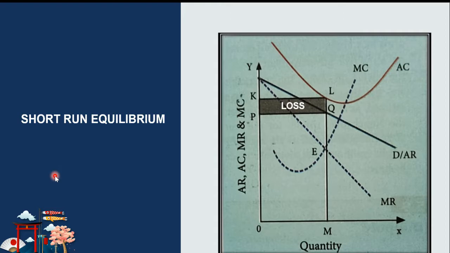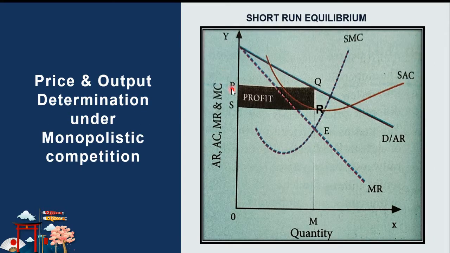Short-run equilibrium. As explained in the previous video, during the short run in monopolistic competition, there can be abnormal profit and abnormal loss, whereas in the long run, there will be only normal profit. So in the short run, a firm under monopolistic competition may earn supernormal profit